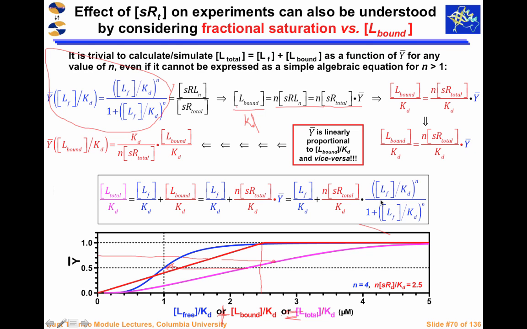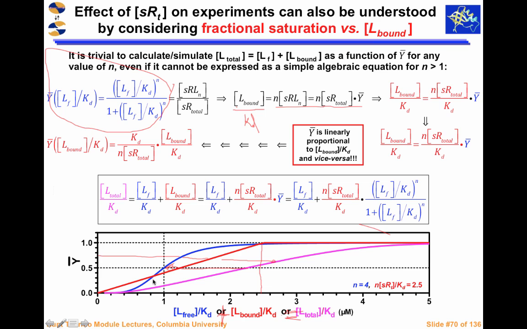If we wanted to invert this and get fractional saturation as a function of KD, that would be hard to do. That would be a very messy equation if n is greater than 1. But in this coordinate system, this mathematical equation is exactly right. So why do we need to go to the complicated mathematical situation? Let's focus on the simple mathematical situation, which we get by adding up things along the